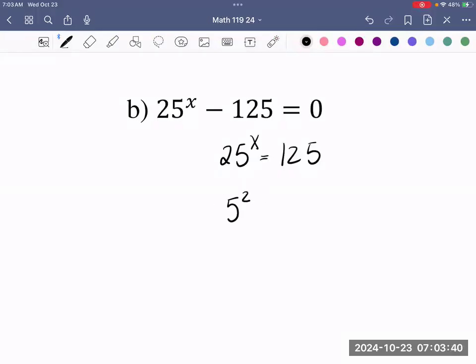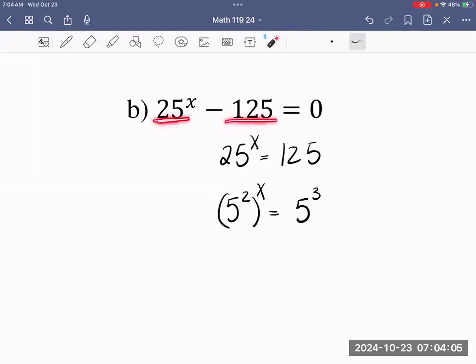Well, 5 squared will give us 25, and we still have your x as an exponent is equal to, and then again do the same. 5 to the what exponent is equal to 125. These are all just asking us 5 multiplied by itself 2 times, or 5 multiplied by itself 3 times gets us to 125. If we're not certain at all, if we know that 25 and 125 have a 5 in common,